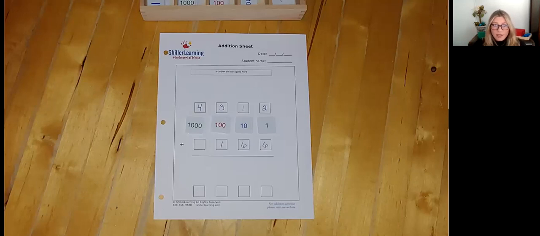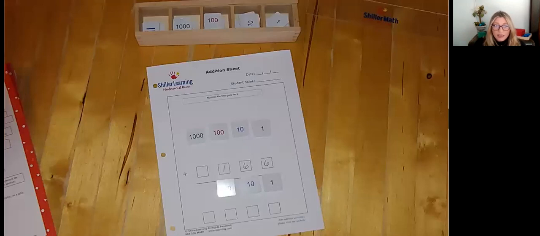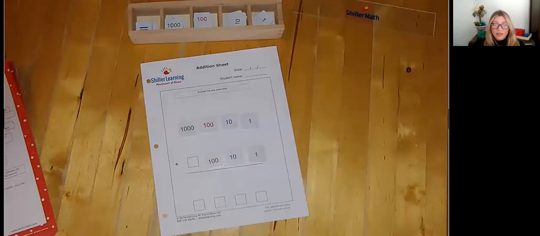We will get 1 of the 10 tiles, and we will get 3 of the 100 tiles and 4 of those 1,000 tiles out. So we get the materials for the first add-in, we get the materials for that second add-in, and then we are going to do exactly what we would have done with the actual physical materials, and